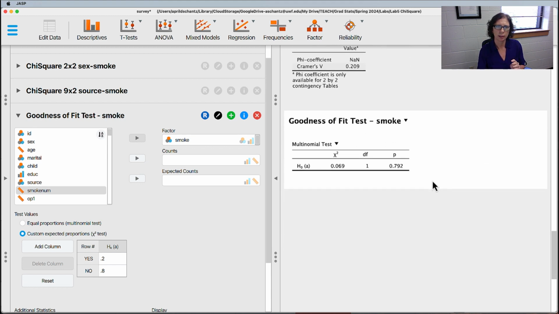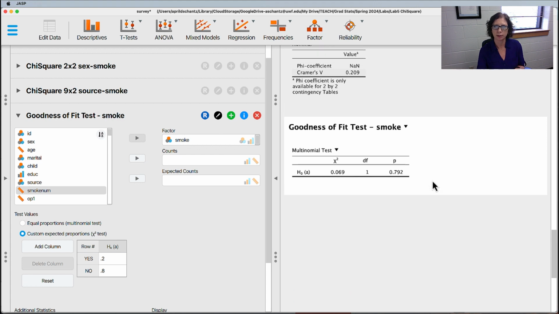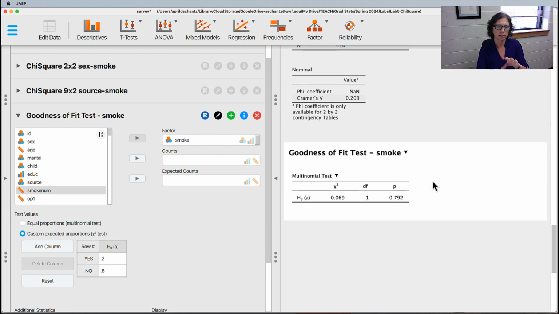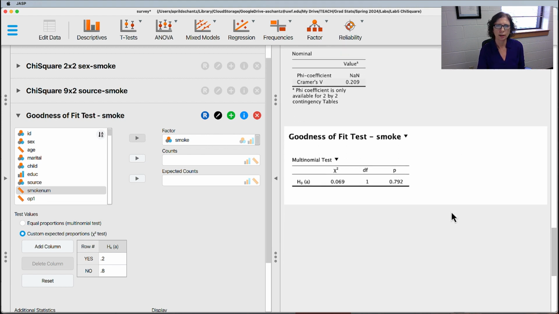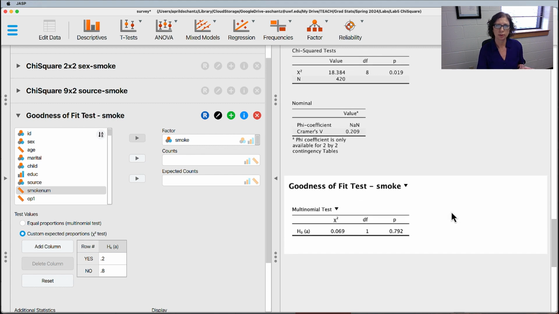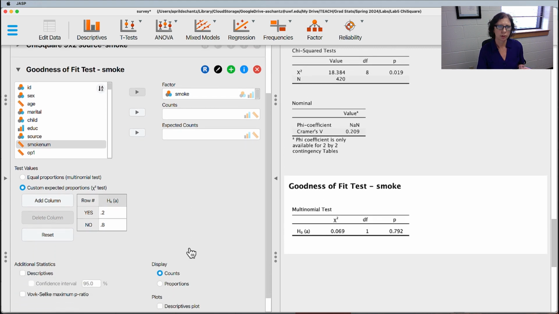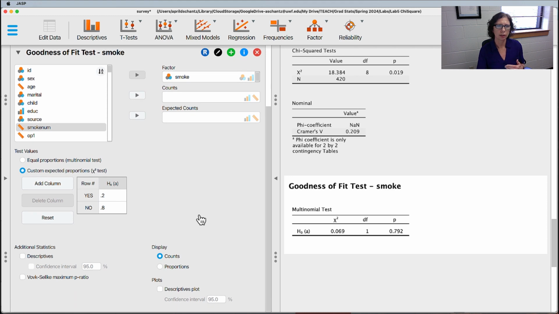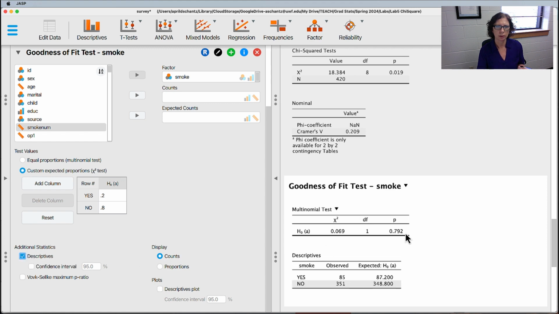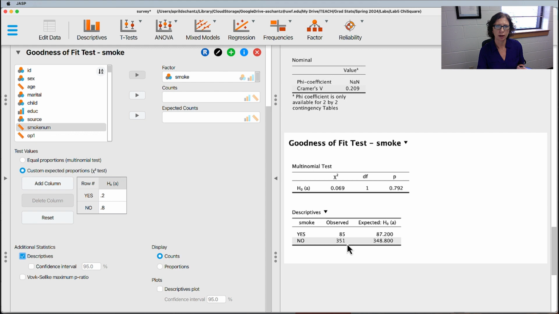Other info we might need, we're not going to do an effect size here because it's difficult to get the effect size for a goodness of fit test, and realistically we don't have to report effect size for non-significant models, but still even getting the effect size on this one is rather difficult. So what else do we need? We need to know the sample size in this, right? So how many people actually told us their smoke information? We can look at descriptives and be able to see that we had 85 and 351,